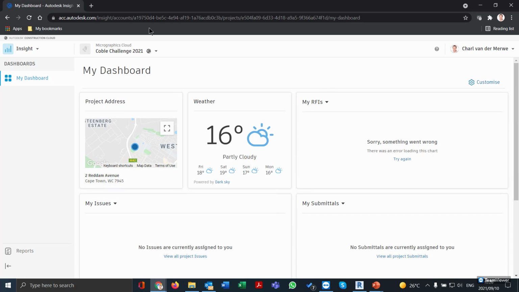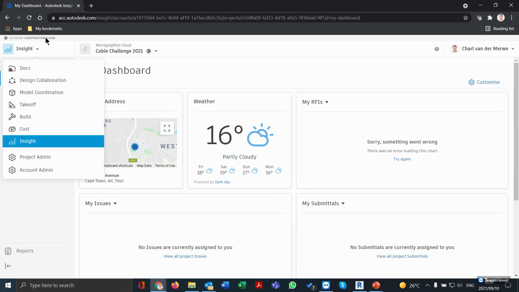Right, so I've logged into the Construction Cloud, and you'll see there Construction Cloud, and on the left there is all the modules that I've purchased. Now that's also something that we can talk about, is when you purchase these modules, be it the Autodesk Docs or Collaborate or whatever, it